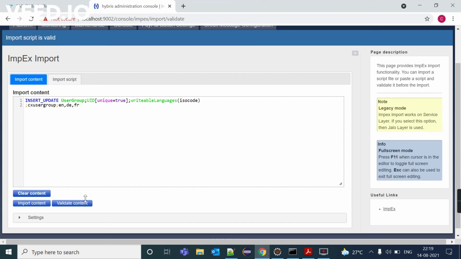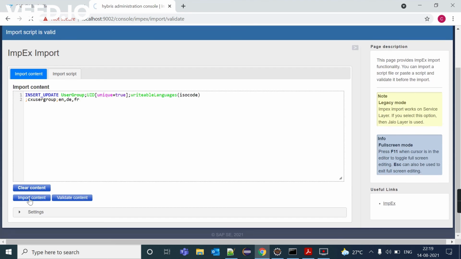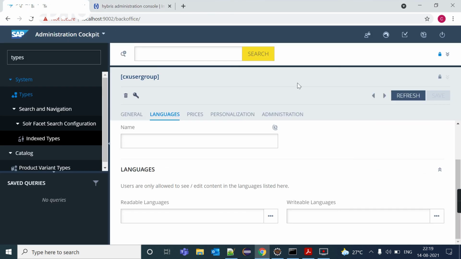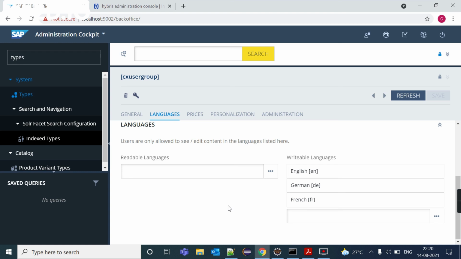Validate content, script is valid, then import content. Data imported successfully. Let's go to back office and refresh it. Now we have a collection of languages in the user group item type. Here we are done with collection type. Thank you.